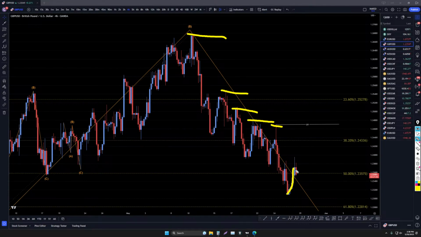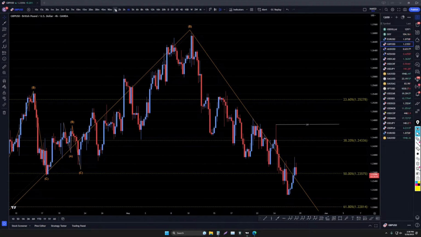A lot of the other dollar pairs look like they're trying to make a wave 5, but with how strong up this most recent move is, I don't think this is going to have the power to go down. It's probably more likely in a wave B right now, and then it's going to go up eventually and make a C. I still think it's going to make a lower high from this, and then end up continuing the downtrend probably next week.